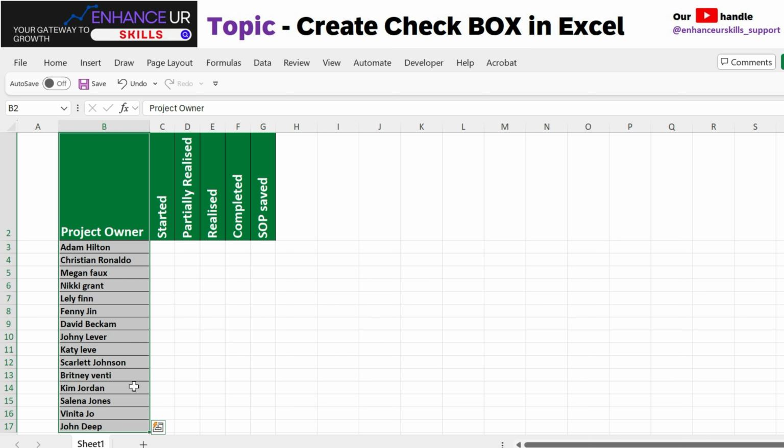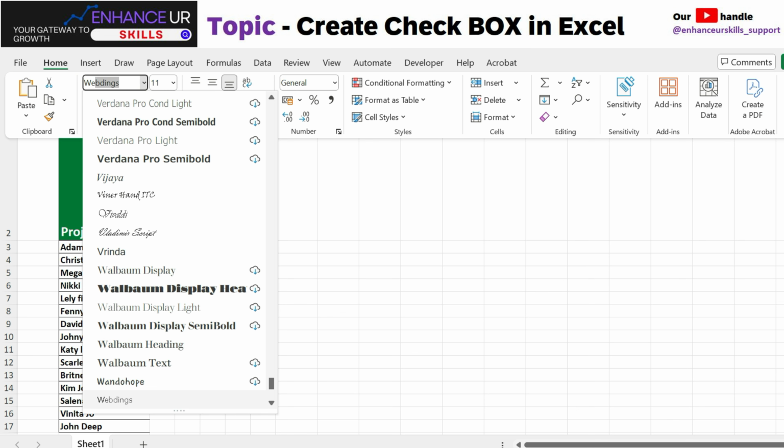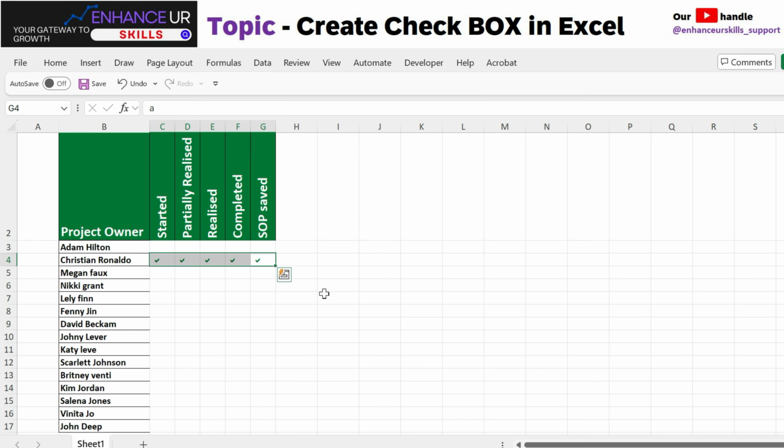So we have the project owners' names and the status of the project. If I have this number of employees in my company and I want to know the status of the project, like how much it is completed, what is the current status, whether it is started, realized, completed, or particularly saved, either I have to do it manually. I will go to the home tab and change the font to Webdings. This is the old method, where you can see the tick marks against each step, but we don't have to do it like this. So I will just delete it, and the new method is